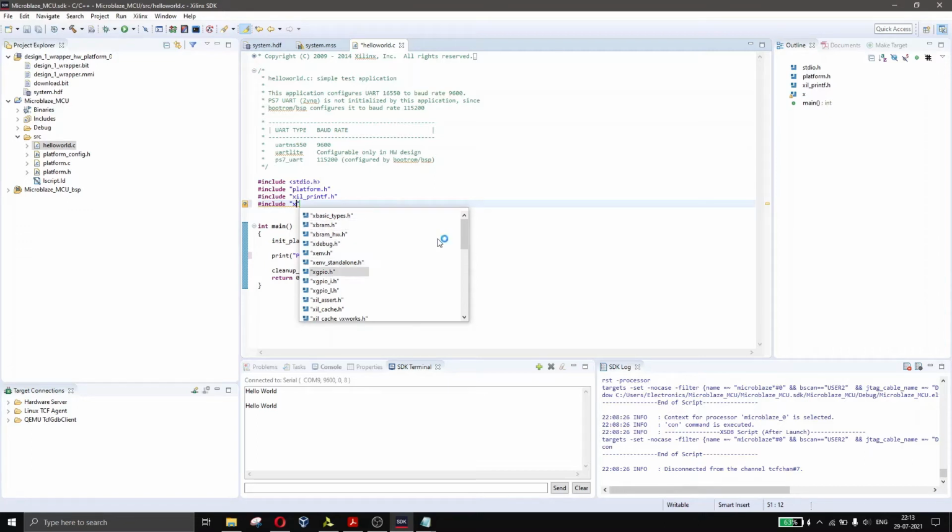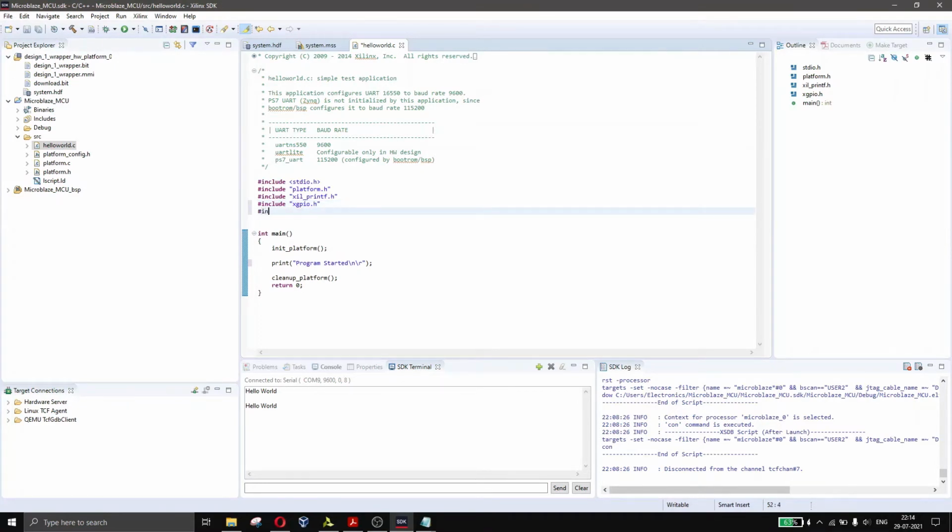So as you can see, there is xgpio.h. Click on it. So we'll include that, and then we would need xparameters.h. Ctrl plus Shift, we have it. So we'll include that, xparameters.h. Once we have included that, we will have to start writing the code.